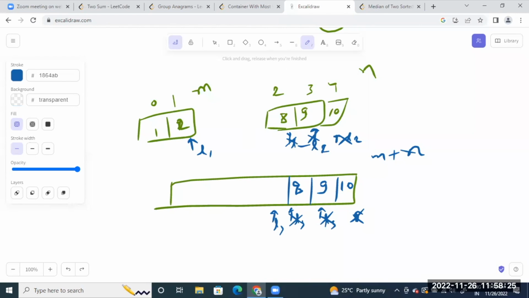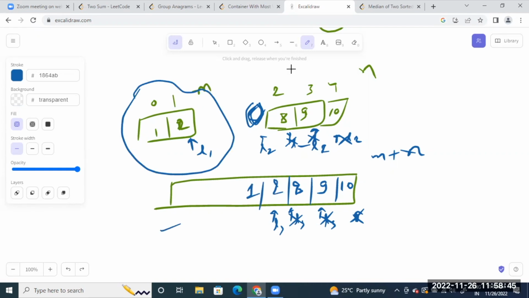Now L2 will proceed further, and there is no other bigger value because this array has gone out. That means one of the arrays has gone out. Whatever remaining pointer array is remaining, just put it up directly. 2, 1. And we are done. We have merged it. Once we have created this auxiliary array, now we know by m and